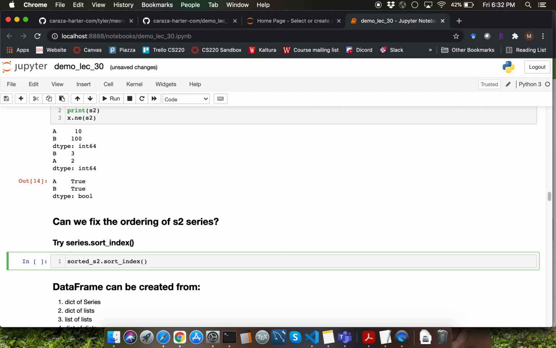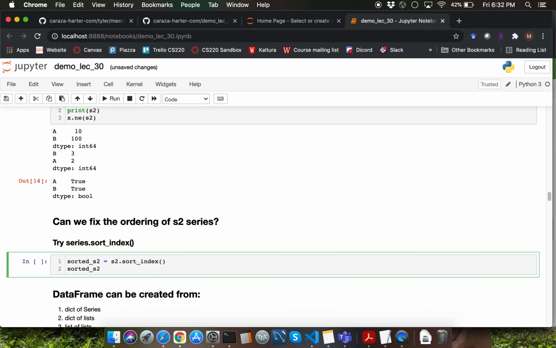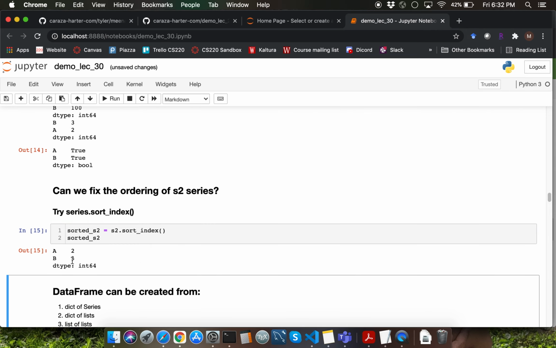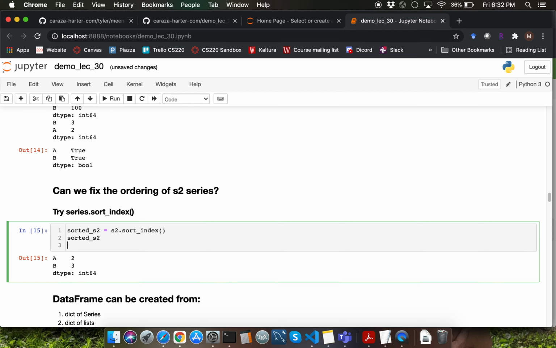Let me capture the return value into a variable called sorted underscore S2. This particular function is going to return a brand new series object instance which has the values sorted based on the index sorting. So you're going to end up getting 2 first, which has the index of A, and you're going to end up getting 3 first, which has the index of B.